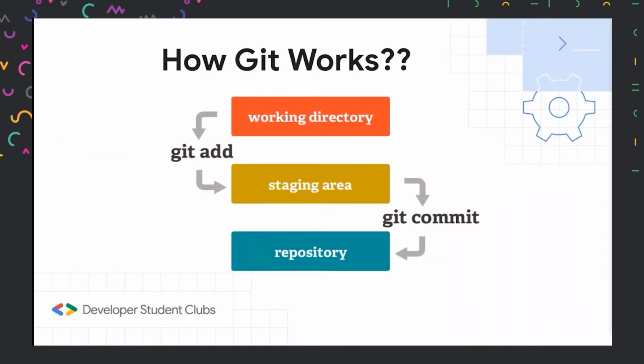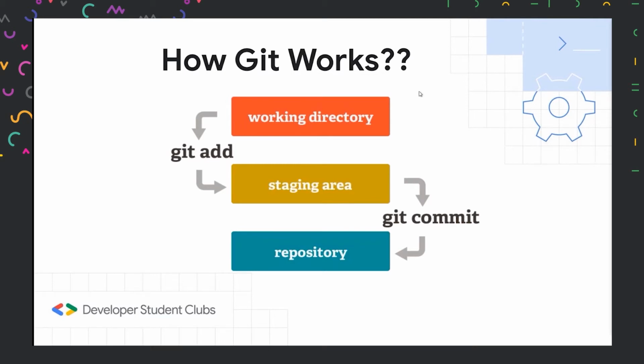So how Git works. This was the big picture which I discussed with you previously. So let us get into technicality. Let us say you're working on a project. So you create a folder, and inside that you store your files, right? So that folder is called your working directory. When you initialize it with Git, it will start checking for versions of your code. It will keep noting the changes you make to your code, right? And then when you put a command called git add, it will take it to the staging area.